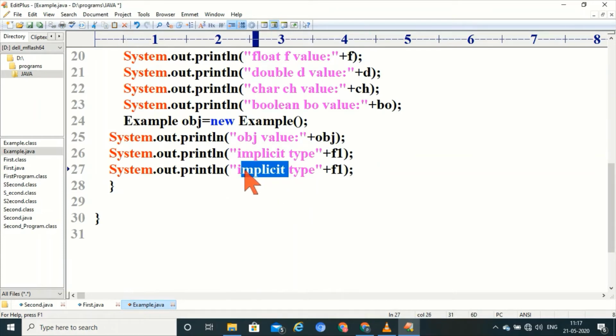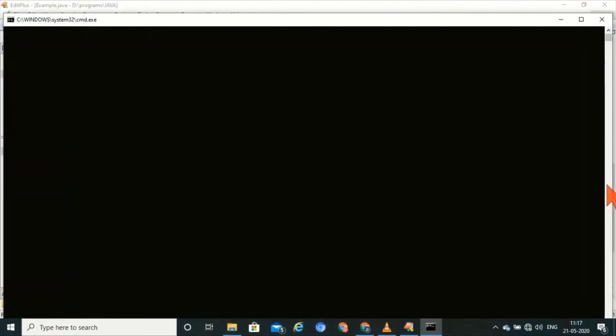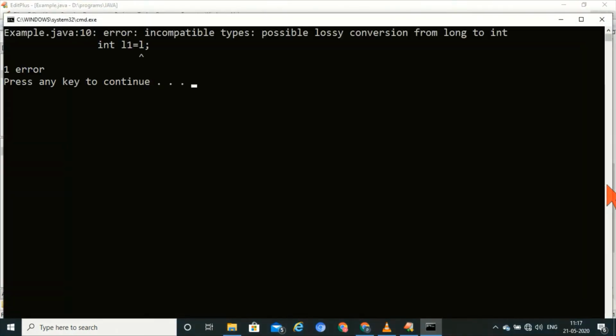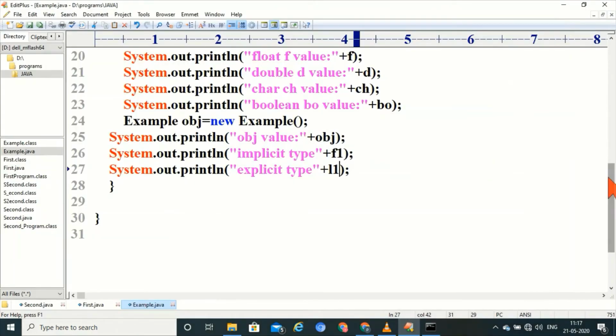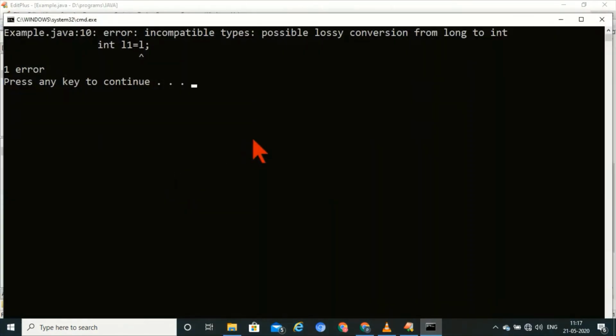Control V, L1, right, save it and compile. It will throw error because there is a loss of data, so it is showing the same: possible loss conversion from long to int.